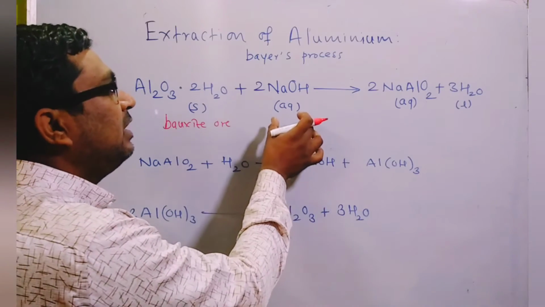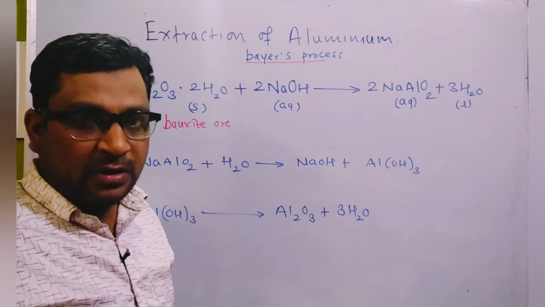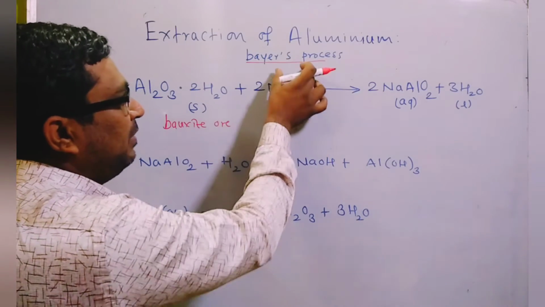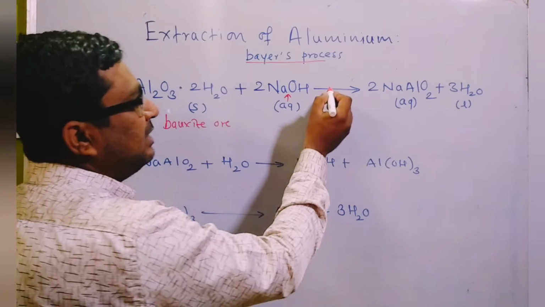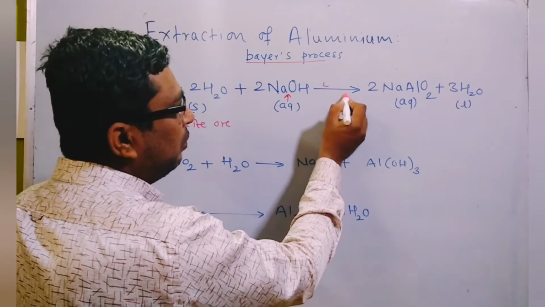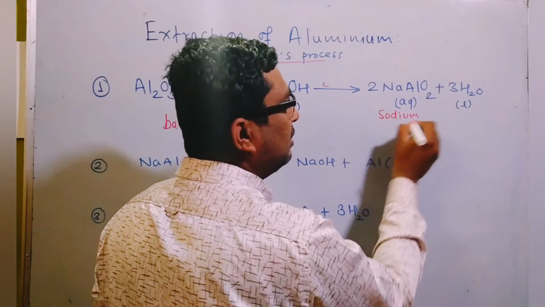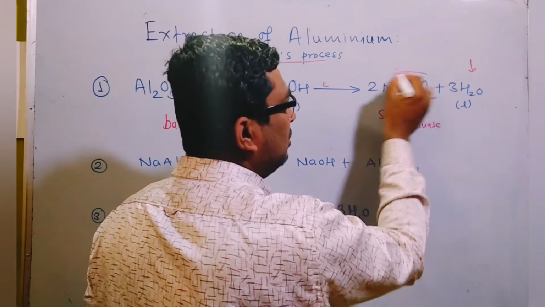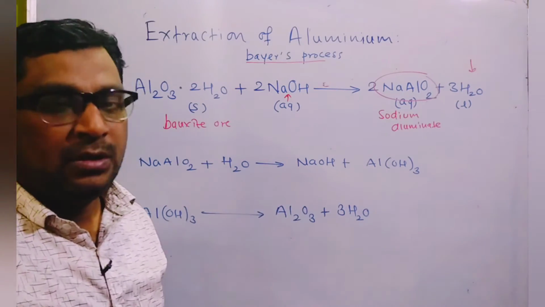Now we are using a leaching process. Leaching can be done in 2 different ways, either the Bayer's process or the Haas process, and today we are discussing the Bayer's process. In the Bayer's process we are using caustic soda. This is the caustic soda, and we use it in a digester for 2 to 8 hours at 140 to 150 degrees Celsius, as I have already written. And finally the output is sodium aluminate. This is the molecular formula for sodium aluminate along with the water. This was the first step that I wrote before erasing this board.